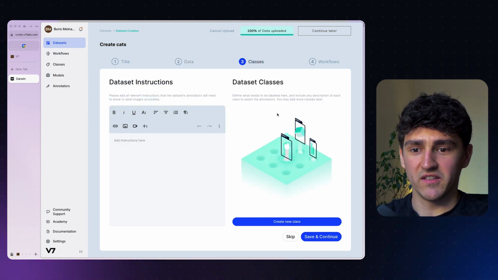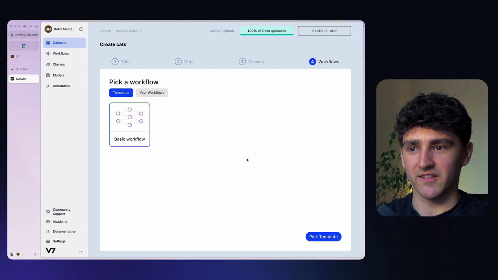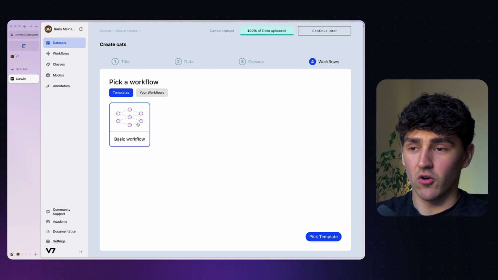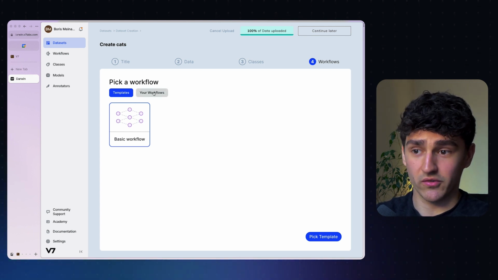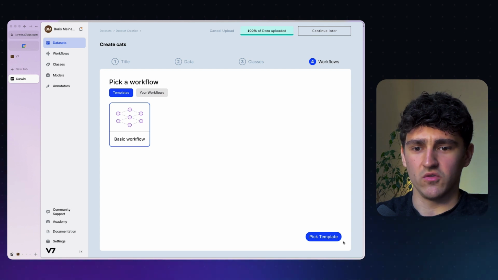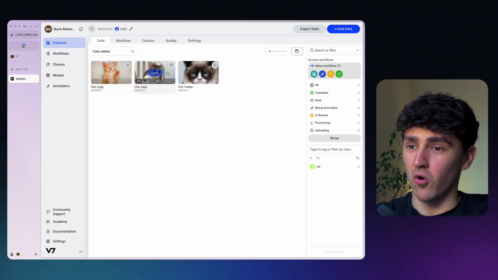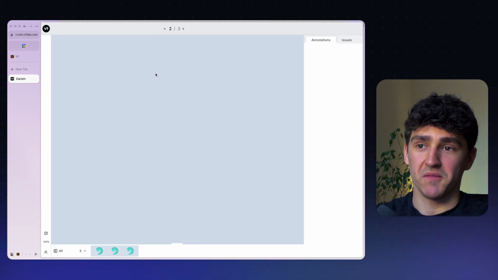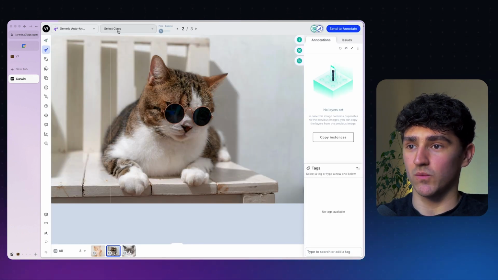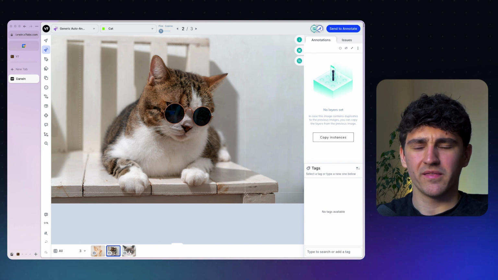We can here already create new classes for our dataset, but for now, let's just skip that. And we can now connect a new workflow, either one of those that you've already created, or just a new one, a new basic workflow. And here in this dataset view, we can already see that all 3 images have been uploaded. We can click on one of the images and start with the annotation process, but this is not the focus